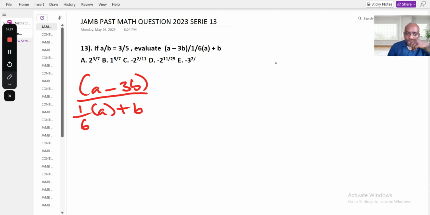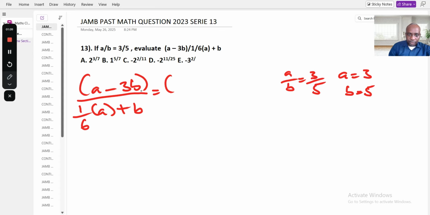Now the question has given us A over B equals to 3 over 5. It means A is 3 while B equals to 5. Let's apply this to the question. What is A? A is given as 3. What is our B? Beside it, B is 5. Multiply by 5